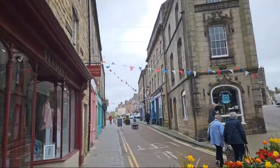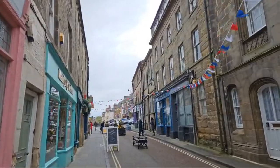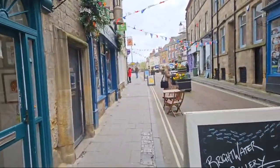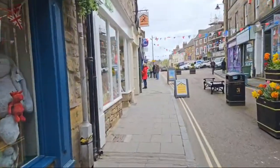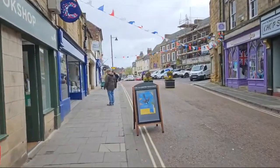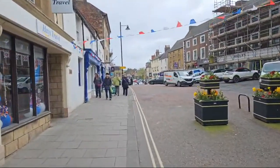But we'll go down to the left then, around and down. So the bunting that you can see, look at that, beautiful. Now, there used to be a little cheeky cafe down here called Granny's or something like that. I don't know if it's still here. I think I may be on the wrong road and it's further down. Yeah, so we'll go down to this main intersection, then back up, and then we'll go up this alley to